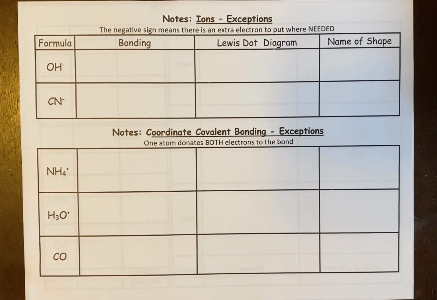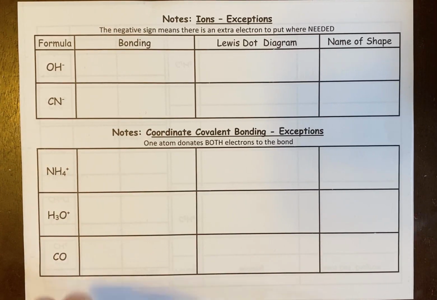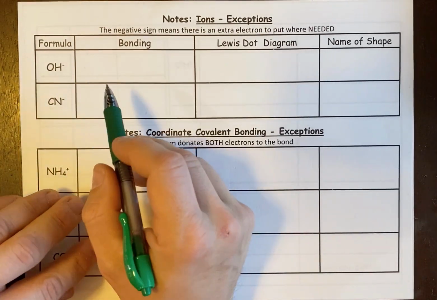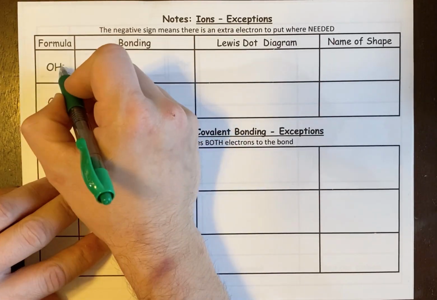In this video, we're going to do the coordinate covalent compounds and the ion exceptions. So the 3 coordinate covalents that we need to know. And then there's some ion exceptions that are also pretty easy. So let's start. When you have an ion in a molecule, what it's really saying is this -1 here,